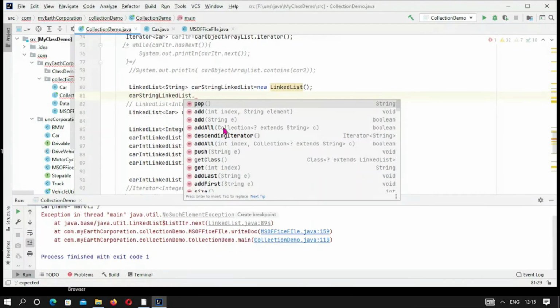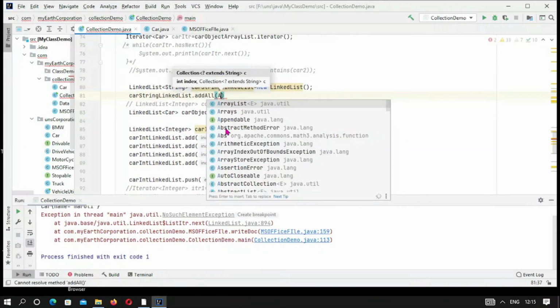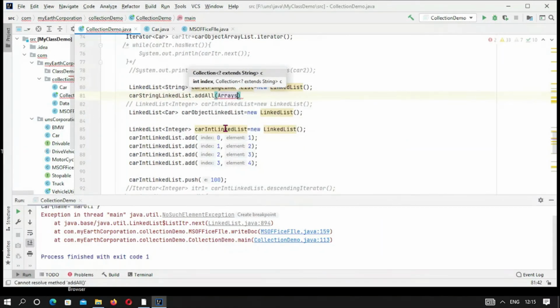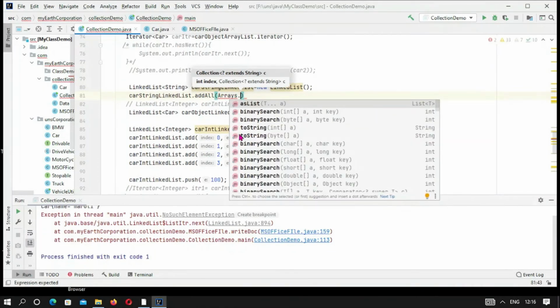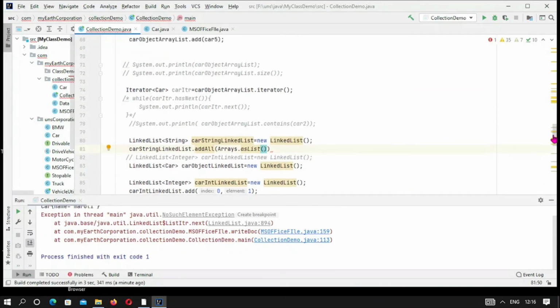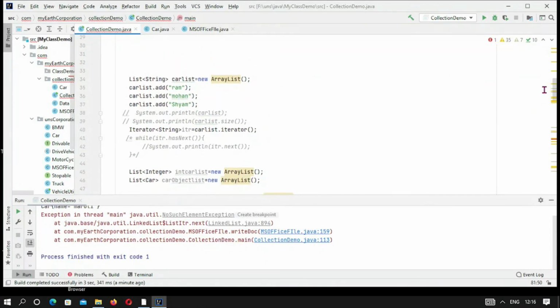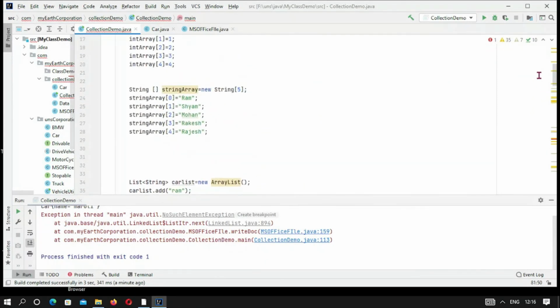you can see this is addAll, and from where we want to convert, addAll this one. So let me try to take help of Arrays.asList, and now here we have to pass the array, the string array, and this is a string array.